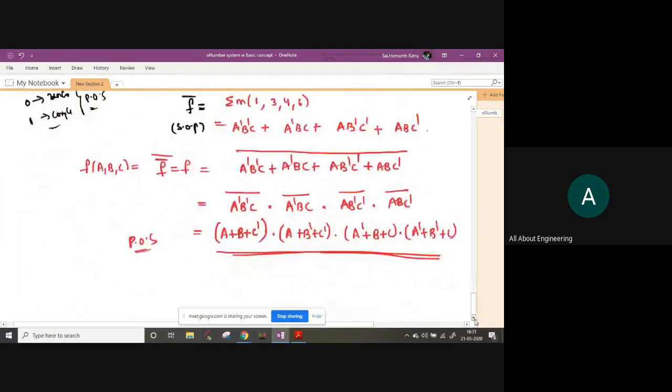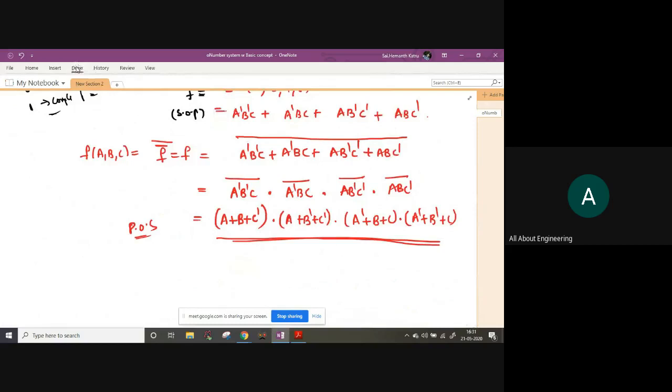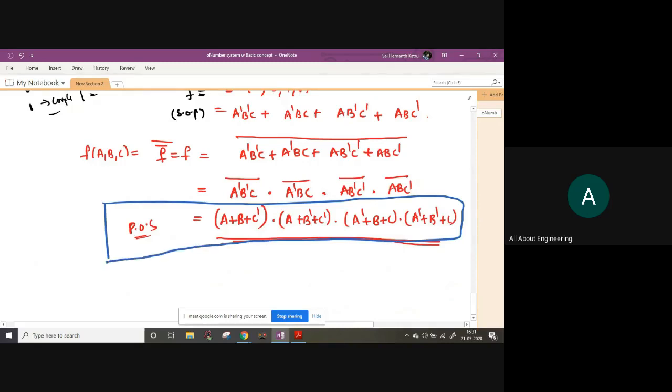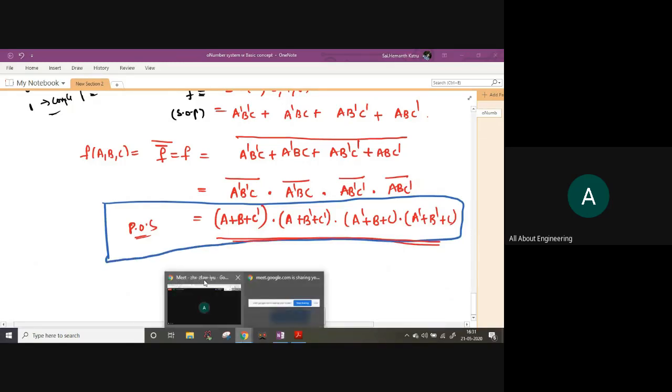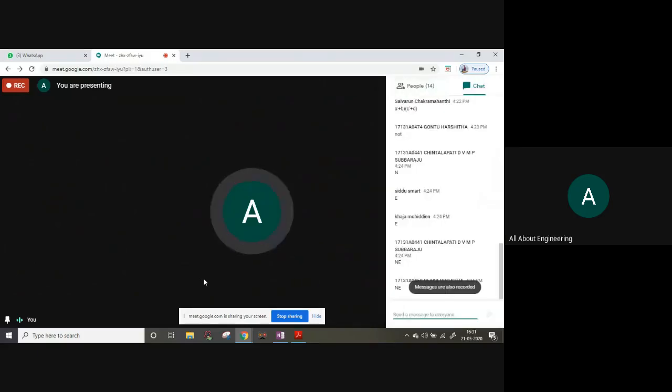So now tell me, are SOP and POS the same or different for a function? Guys, comment your answer. Now you tell me, are SOP and POS the same or different? Tell me your answer. Yes or no? Same, equal or not equal? Guys, you got my point, right? No replies from you. What should I think?